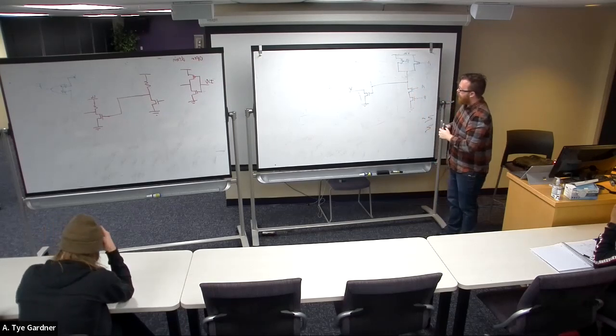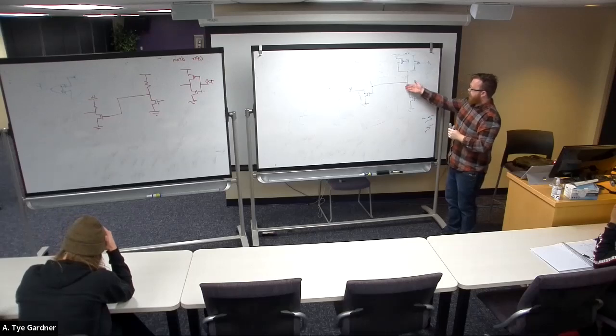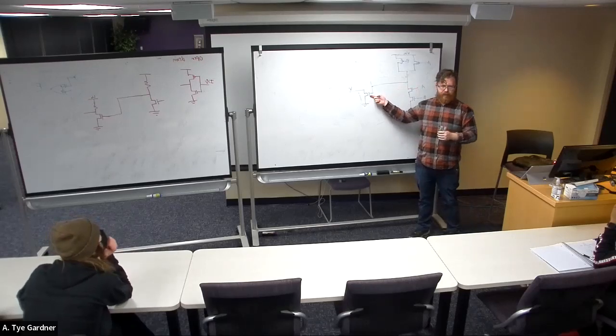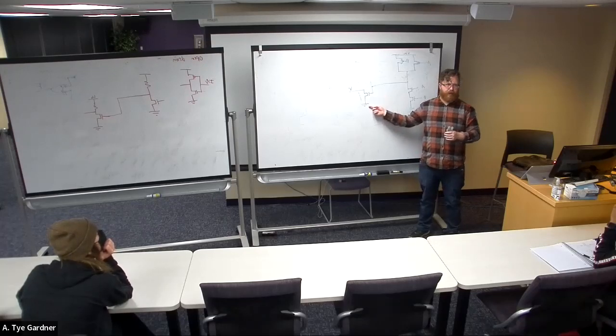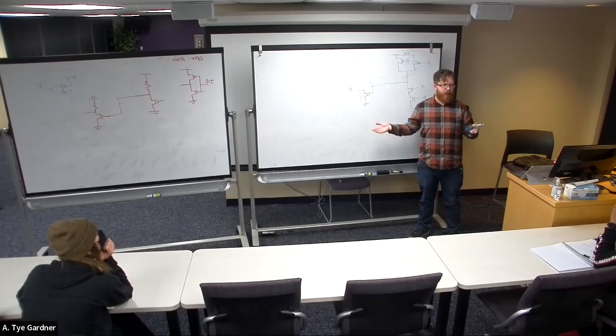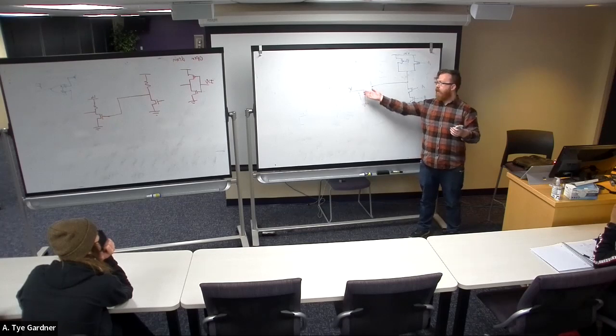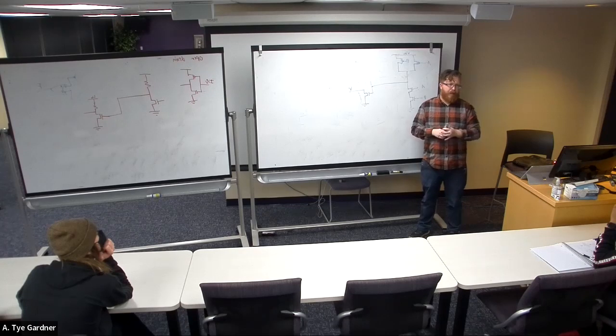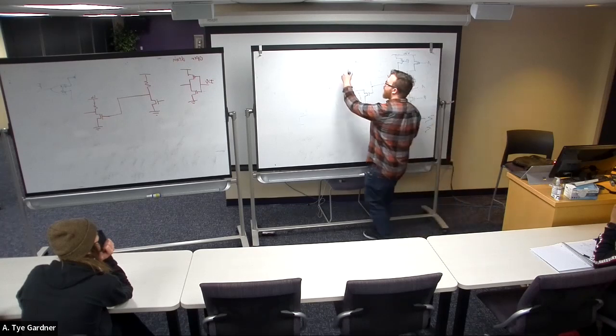And now, if I get a 1 on this output, this gate turns on because I have a voltage from the gate to ground. That turns it on, and Y becomes 0. But I can't make a 1. This has no way of making Y 1. This is actually nice, because if I have two devices,